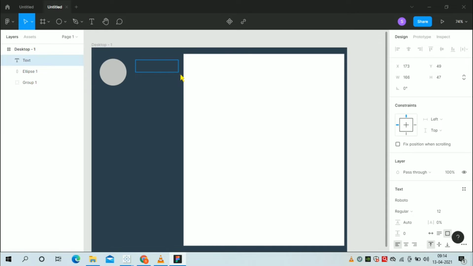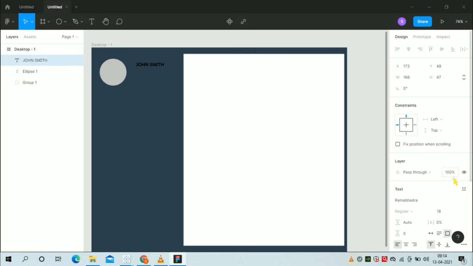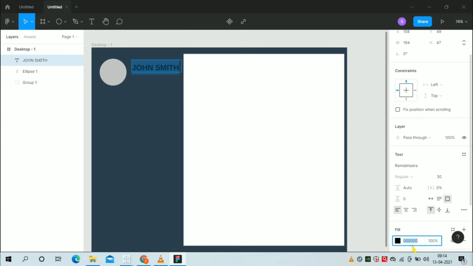Now we'll add the name. I'm using the random name John Smith. You can add your name here. I'm using the font Ramabhadra. You can format it according to your needs. Not necessary to copy this. I'll give it the color white.